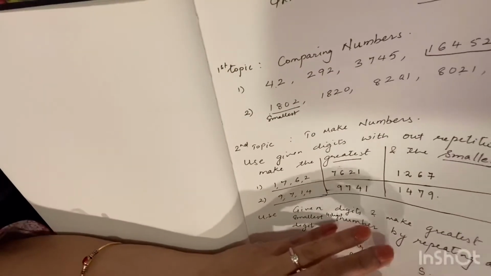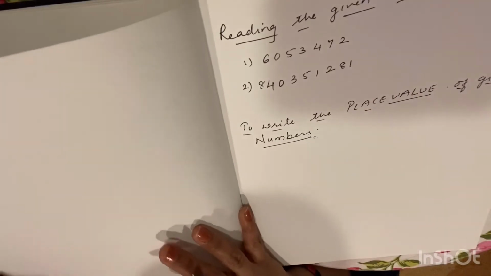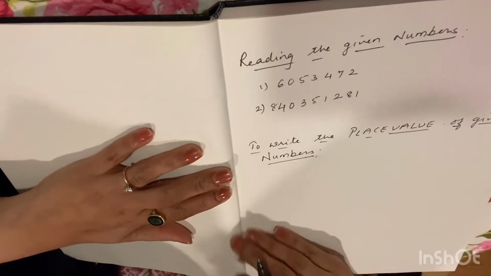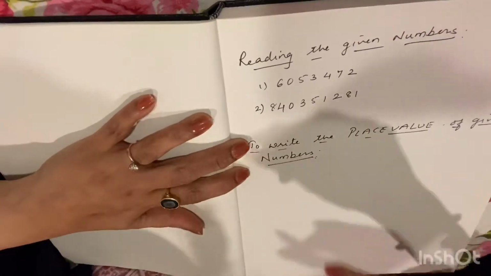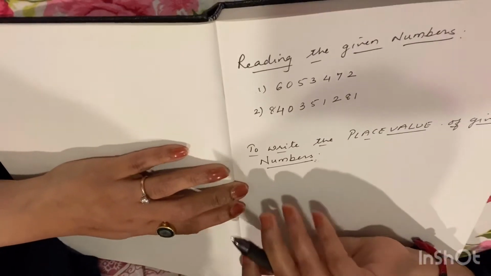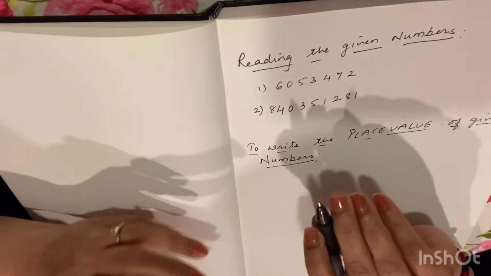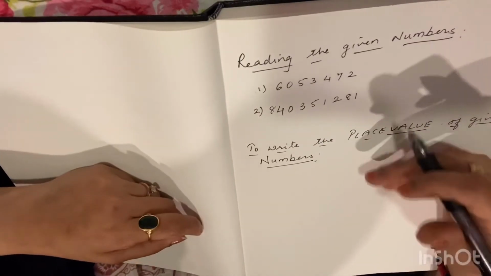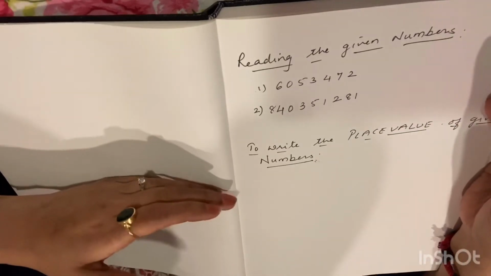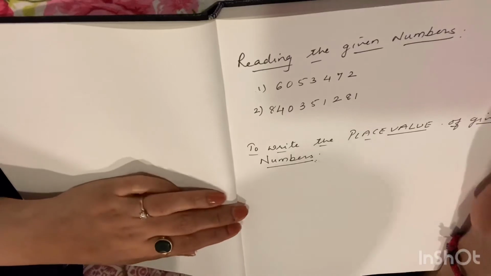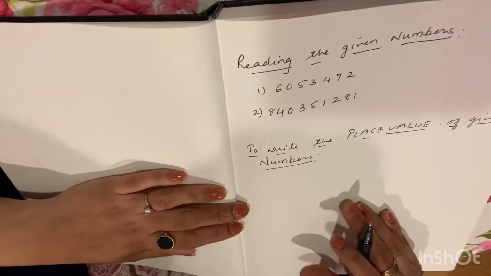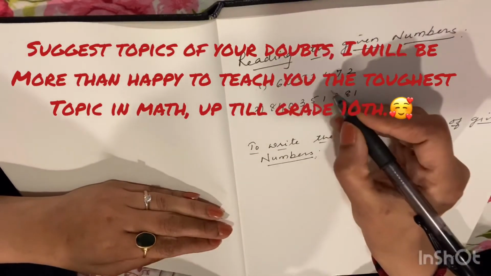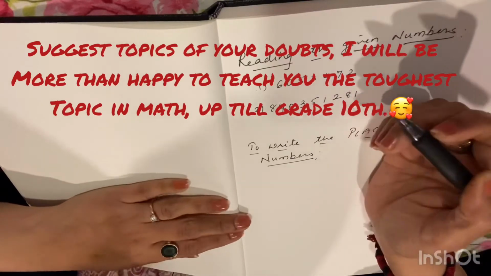So the next topic is again very interesting, which you all know. I'm sure this will be very interesting again, and you will be very much interested to do it by yourself. So what it is, read this given number. Before reading any given number, we should put the commas in between the numbers, so that it becomes very easy for us to read it, isn't it? Because we know to read the numbers, it can be in hundreds, thousands, lakhs, 10 lakhs, crores, 10 crores. So we know to read the numbers, but if we put the commas in between them, it becomes very easy for us to read the numbers.